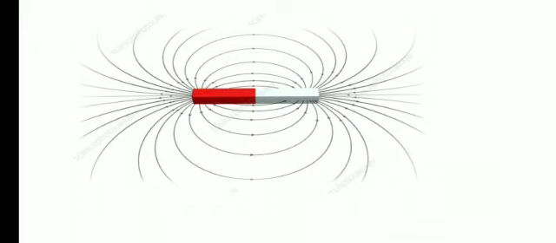Magnetic field lines always appear to start from one end and they appear to end at the other end outside the magnet, but inside it is always opposite. So if you can see an arrow pointing in this direction outside, inside it will be pointing in the opposite direction. They move from south pole to north pole. So it is very important to learn the properties of magnetic field lines.